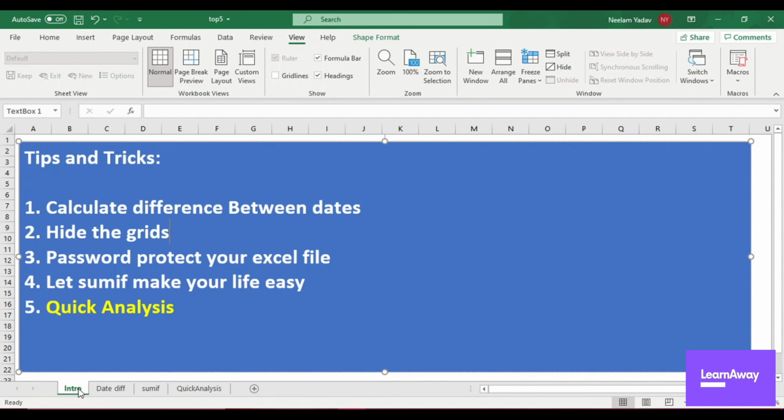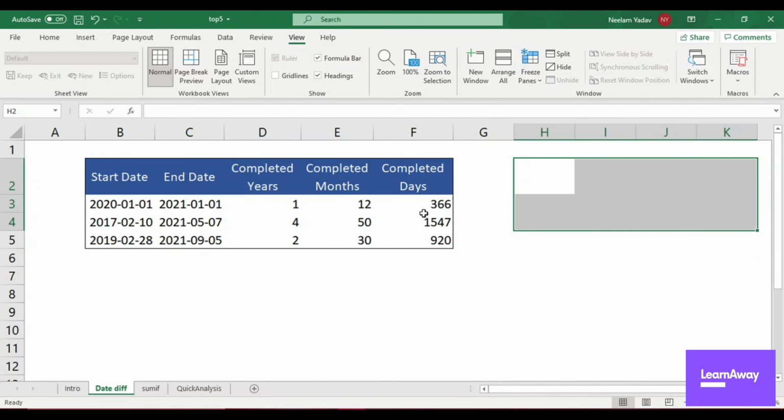So next we'll go to password protect your Excel file. So this is something we use when the data that is present in the sheet is very confidential and the data is being uploaded to some cloud or somewhere where many people have access to that folder, but you don't want to give access to your file or the data that is present in your Excel. So for that, what we can do is protect the Excel sheet with a password, and only people with the password can access the data which is there in the Excel. So for that, I'll show you the steps that you can follow.